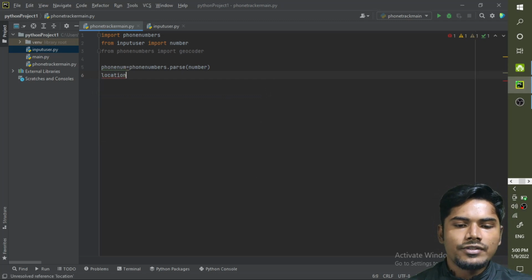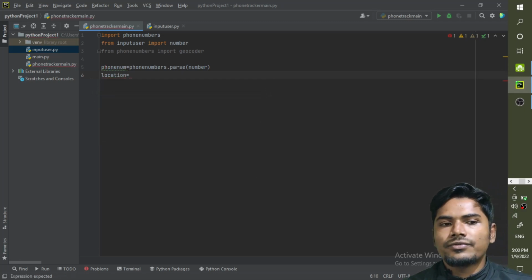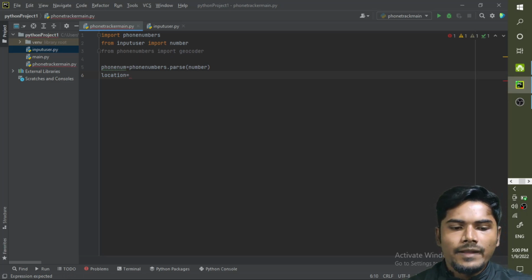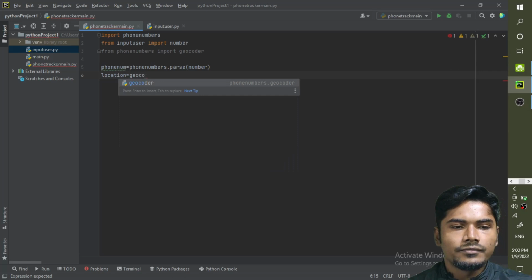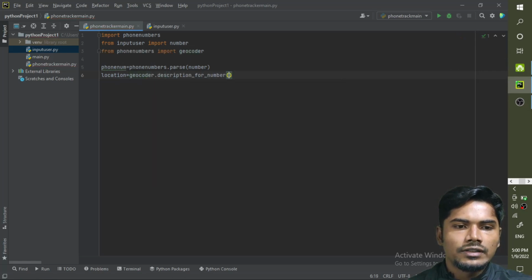Now in the next step we have to define another variable called location. In this variable we need to define the function geocoder.description_for_number.